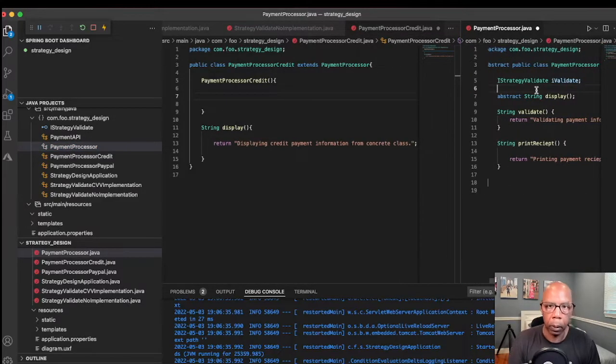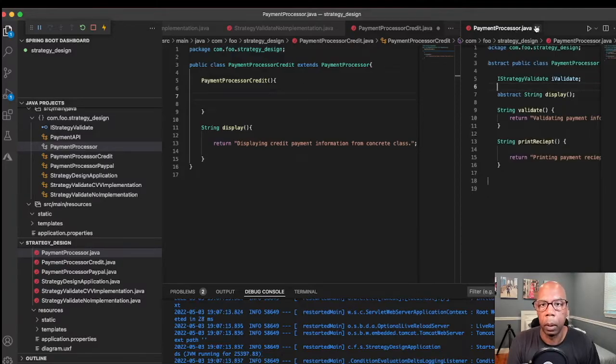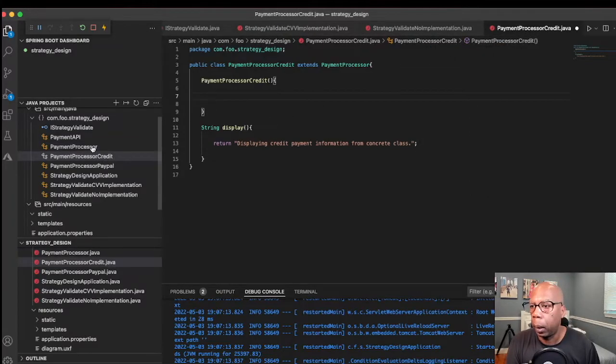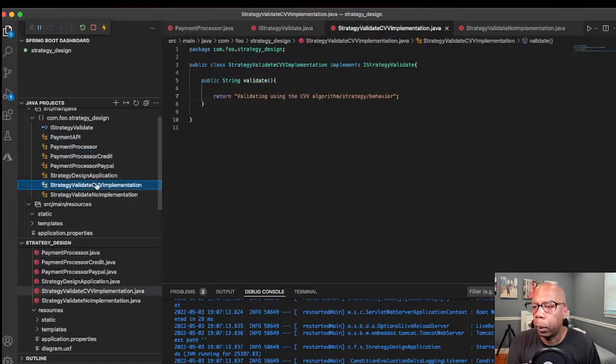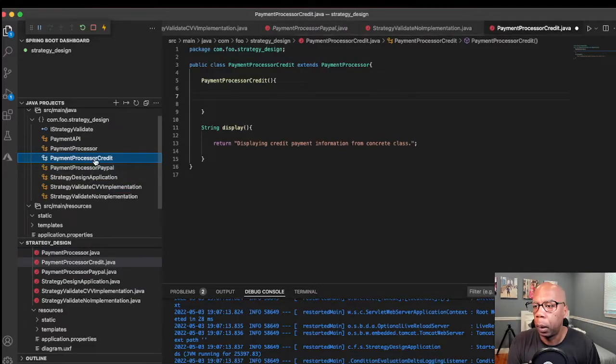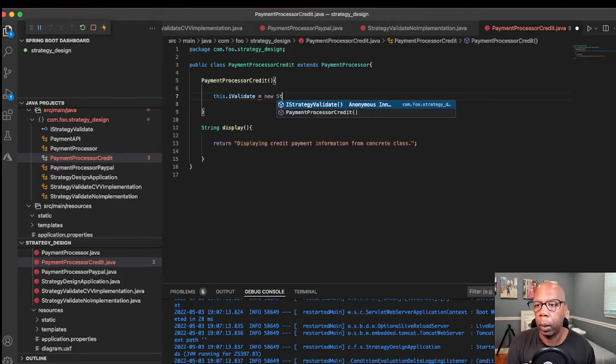Let me save this and close this down. We have access to the iValidate instance variable, right? So we can go back into the concrete implementation for these payment processors and assign iValidate to a concrete implementation of the strategy